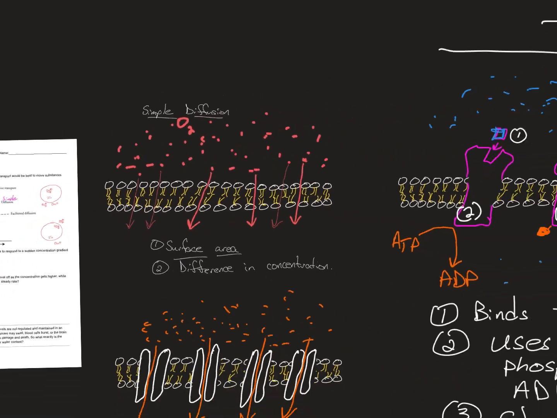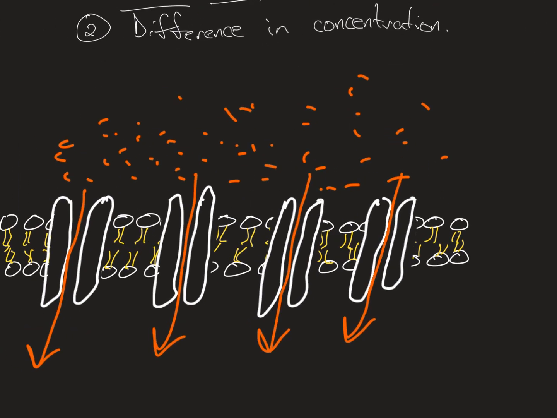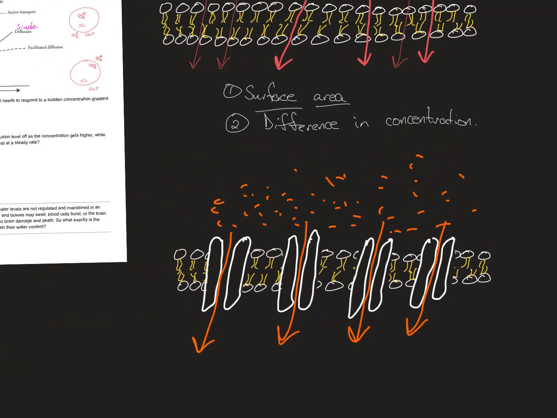Well, the answer is that with facilitated diffusion, it's not just the surface area of the cell, because you don't have the whole membrane like you do in simple diffusion. In simple diffusion, the molecules move in between the molecules of phospholipids. So the more phospholipid, the more cell surface you have, the more quickly things diffuse through. But in facilitated diffusion, which is what we call this,